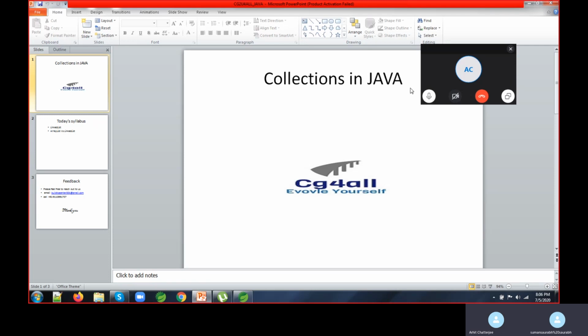Because it works on an index basis. Suppose I want to get the data from the 0th index, second index or 10th index, directly by using the index method we can get the data, so it is fast. But here, manipulation is fast because there is no need to shift the data. In array list, manipulation is hard because if I add some data, it needs to shift the elements at that place.